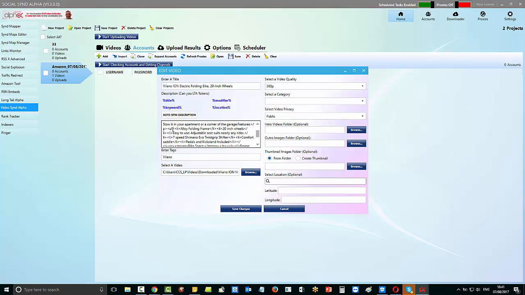We can add more content in here if we want to as well. Just delete some of this HTML stuff. And we can see that they have tried to do like bullet points in here. Just pull that down. Okay, so this is maybe not the best example because I'm having to mess about with this HTML, which I really didn't expect to do, but never mind. This doesn't happen with every video. I don't know why that guy's done that for this one, but anyway, we'll persevere and we will come through and just make sure that we do it nicely